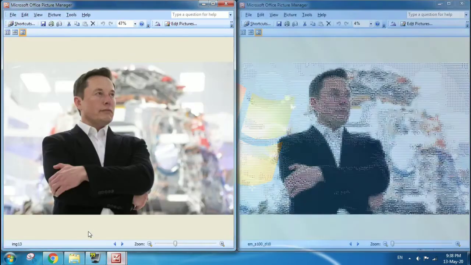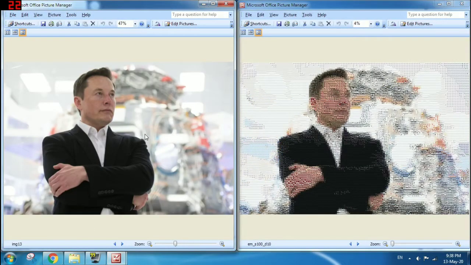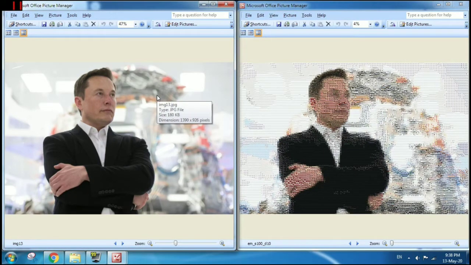So the image on the right side depicts the photo mosaic, and on the left side you can see the original image. On the right side it is around 31.8 MB in size and the resolution is also very high, but on the left side it is only 180 KB. The reason the right side has such a large file size is because each individual pixel is represented using a very high resolution image. At the bottom of the right image we can see I have written the name as